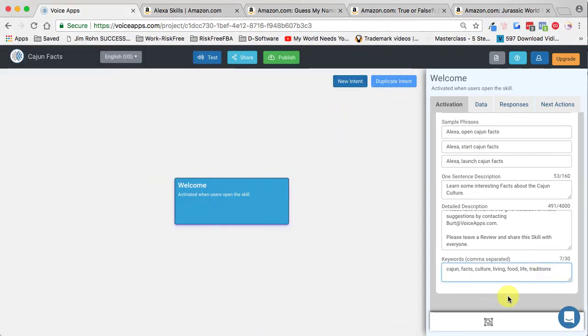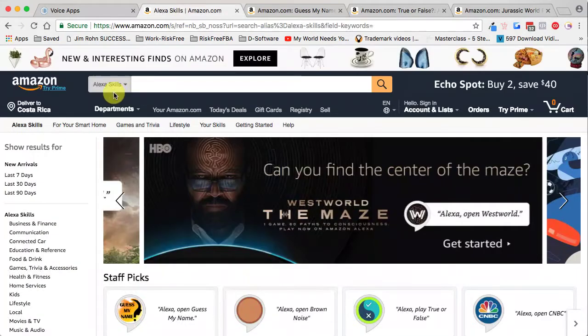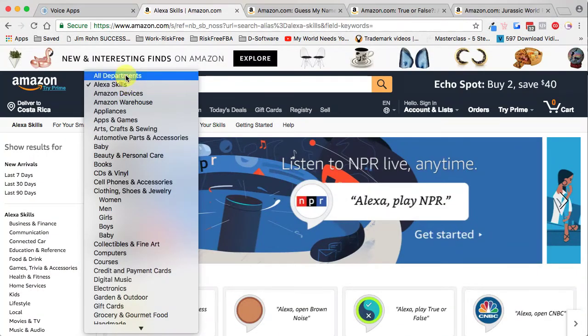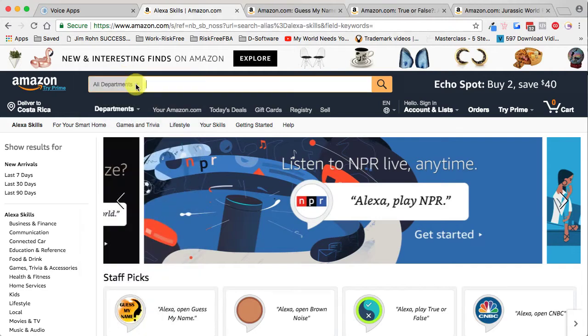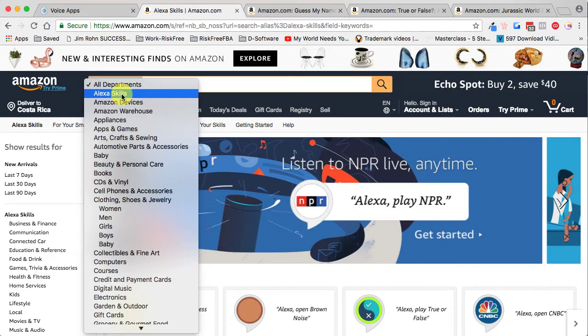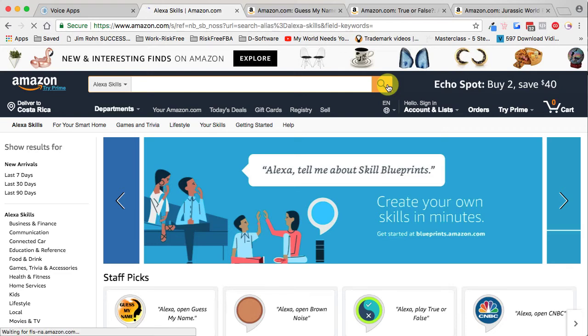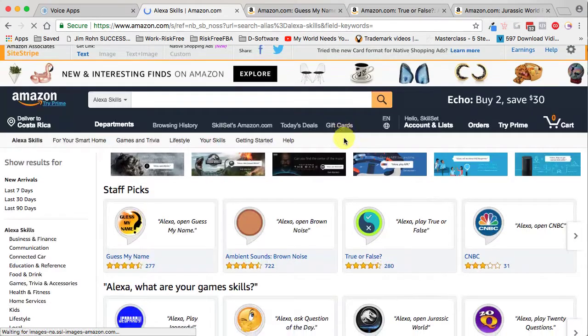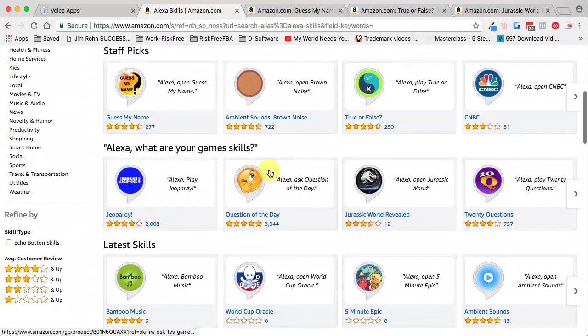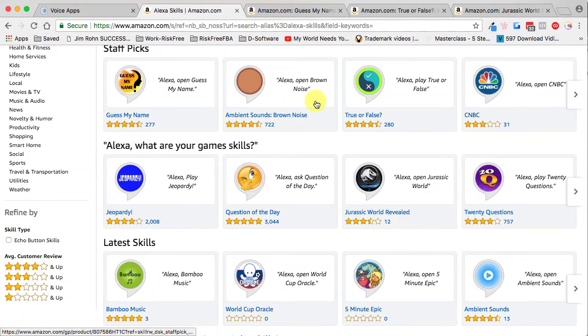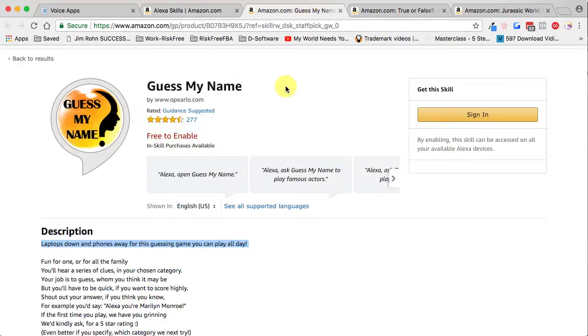Now, let me help you to understand what all this means. Let's go to Amazon. If we go to Amazon, at the top, we can see right here, this is All Departments where it normally lands. You can hit the drop-down menu and choose Alexa Skills. You can hit the search, and when you do, you'll see tons and tons of Alexa Skills here. We can open some of these to get an idea. So if I open up some, there's Guess My Name, and this is what you would say to open that